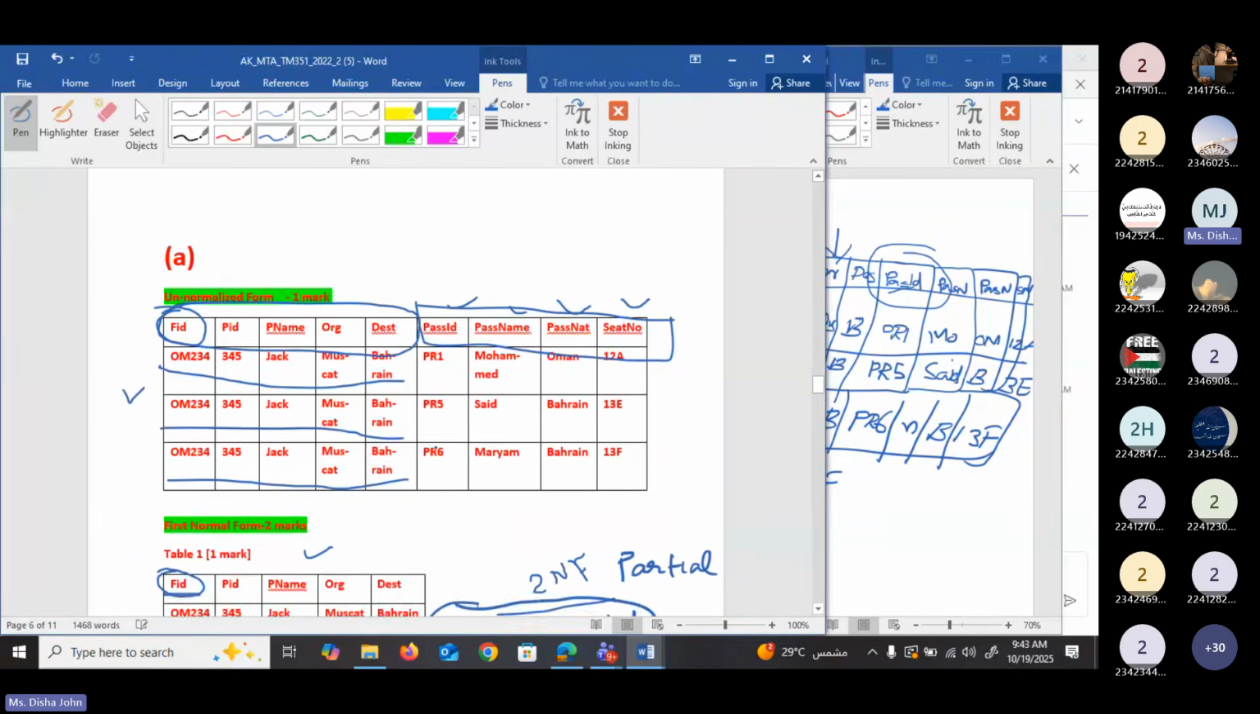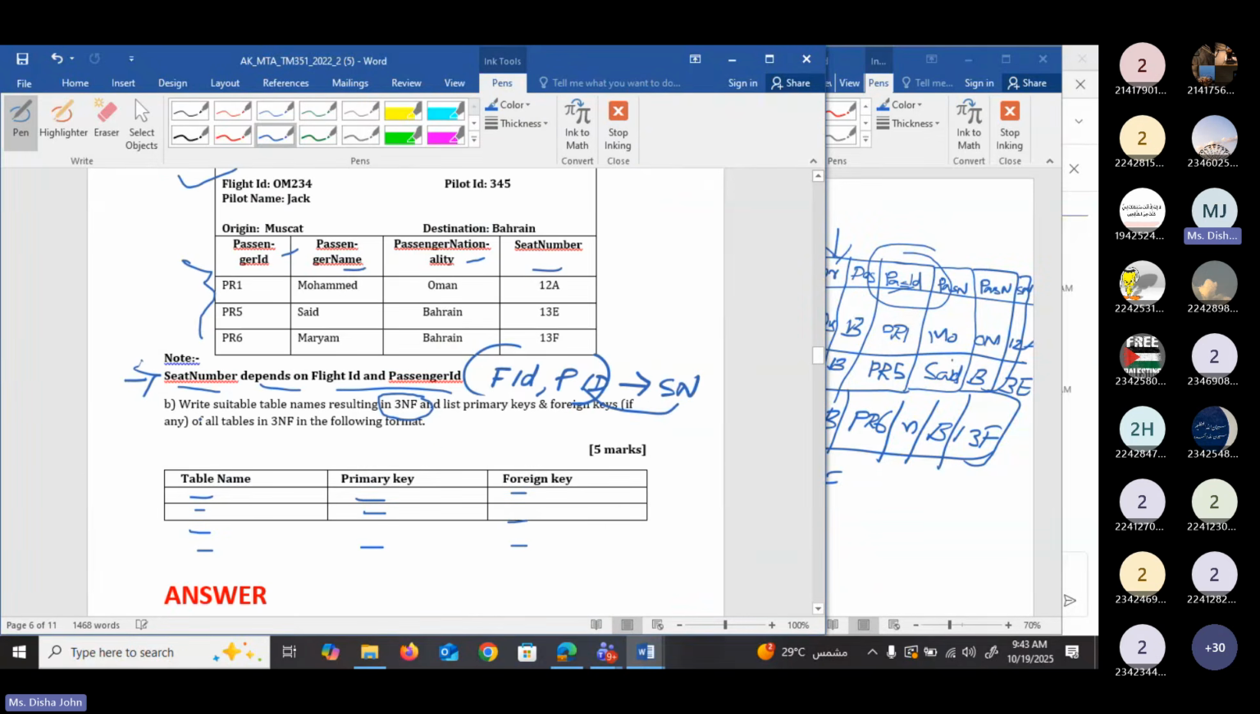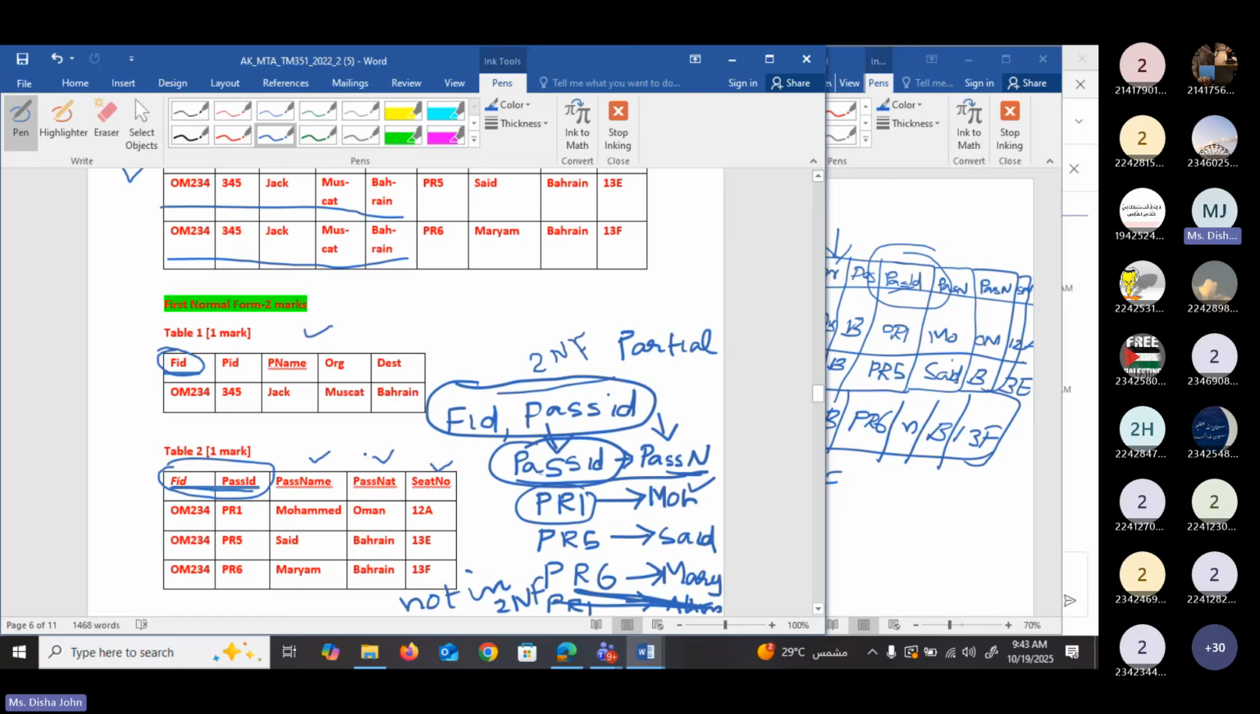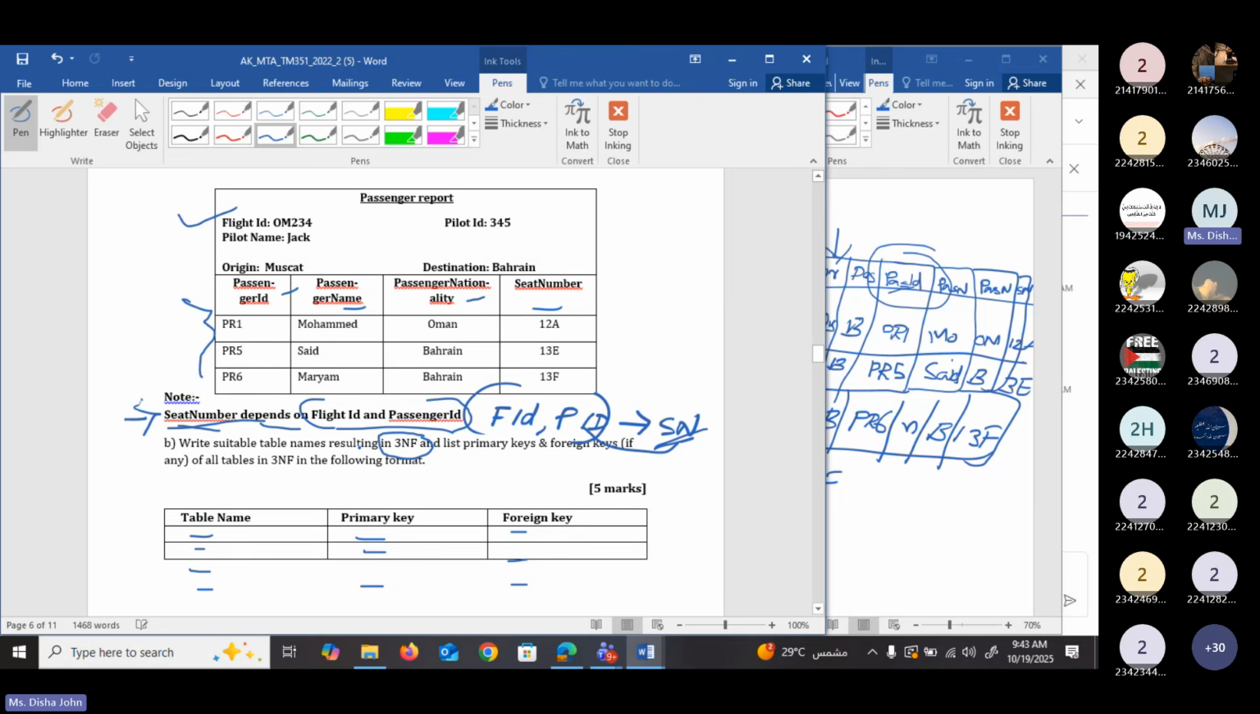Okay, wait a minute. Here, when we started the question, they already provided that seat number is depending on both flight ID and passenger ID. And I wrote here, this is seat number, and seat number is depending on both of these columns. So if you remember, flight ID and passenger ID is our primary key. So here seat number is the non-primary key in that table. So seat number is depending completely on the primary key, not on a part of the primary key. So if seat number is depending completely on the primary key, then this is fine, or this is following